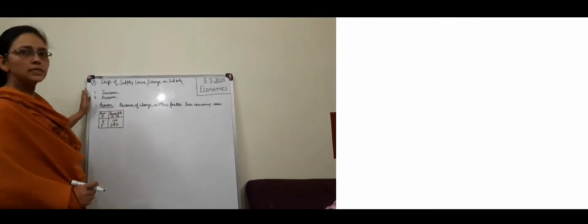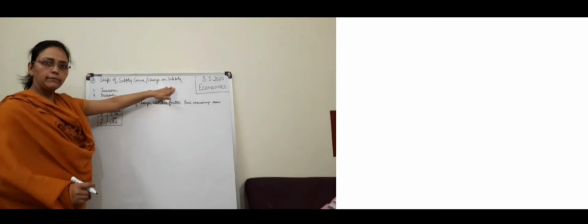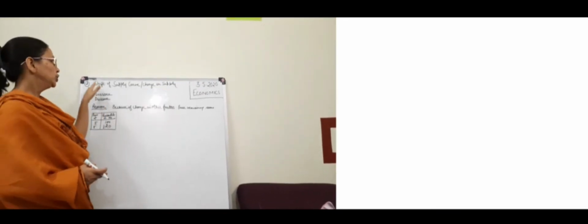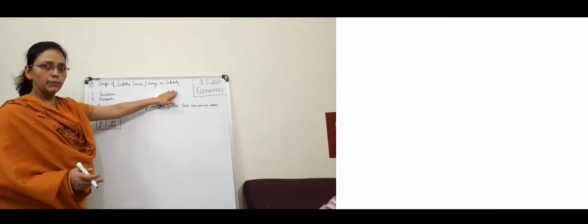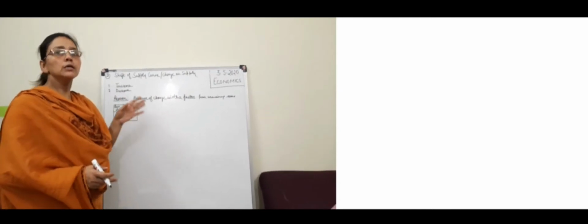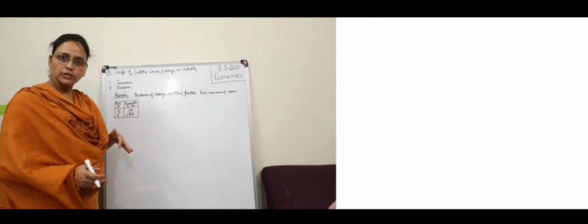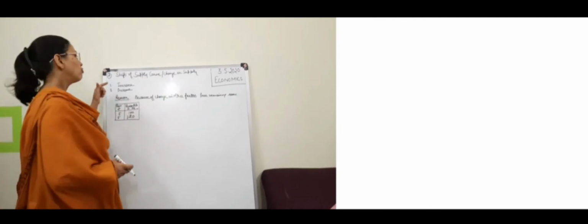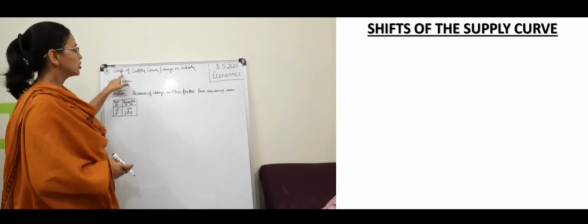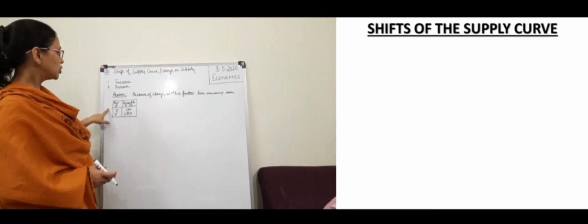This is the second concept here, shift of the supply curve or change in supply. That was movement on the supply curve or change in quantity supplied. Here, shift of the supply curve or change in supply happens because of the other factors, price remaining the same. In movement we were saying price was the reason, other factors remaining the same. Movement was taking place in two directions, extension and contraction, and shift is taking place again in two directions, increase and decrease. The table is given to you again over here.